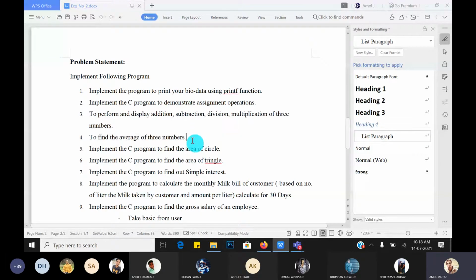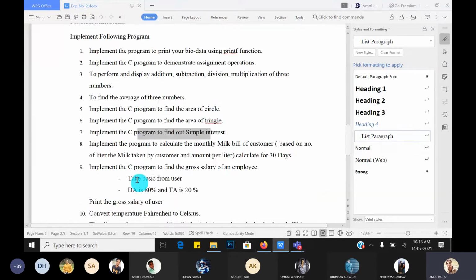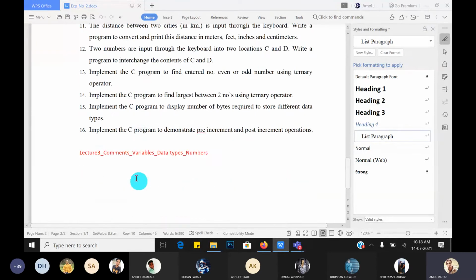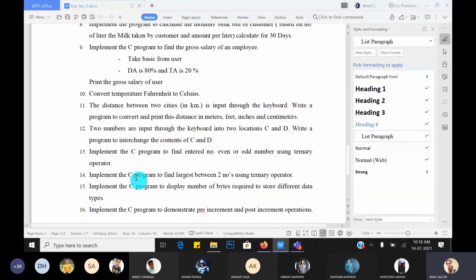Then implement a C program to find the area of the circle, area of the triangle, and simple interest. These are the problem statements for the first experiment, based on the introduction to C language.